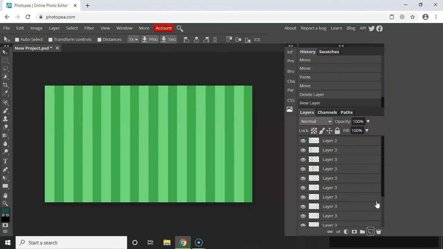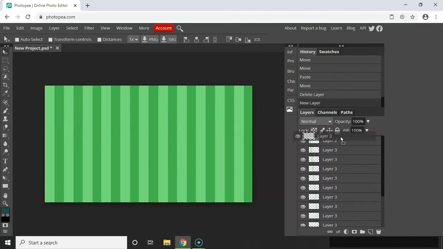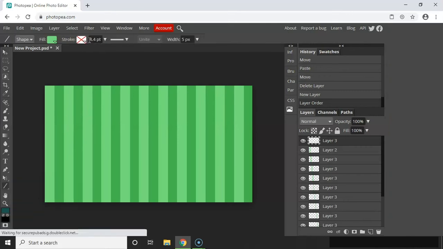So let's add another layer right at our top. So let's drag this all the way up here. And we're just going to add some designs maybe. So we're going to create some lines. And the stroke of these lines is going to be pretty big. So I'm making them 8 points. And I'm just going to draw